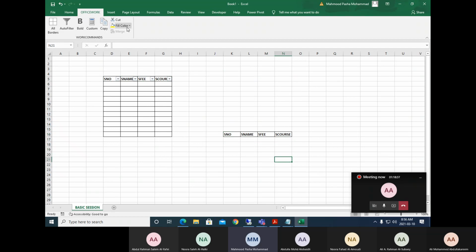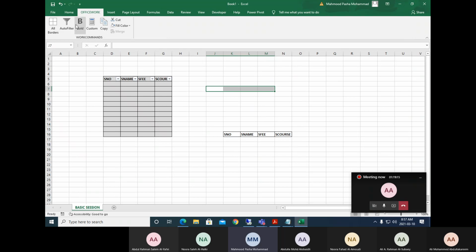Okay, so like this everything is possible here. You can apply the colors. For example, I select this fill color, which color you want to fill it over here, fill the color. And for example, I want to merge them. Okay, so there is no merge. Maybe this is a merge with another query. So this is not a normal merge, this is used for multiple workbooks. If you have 2-3 tables, that time you can use this merge. So there are different types of operations, commands which can be used in our own tab.